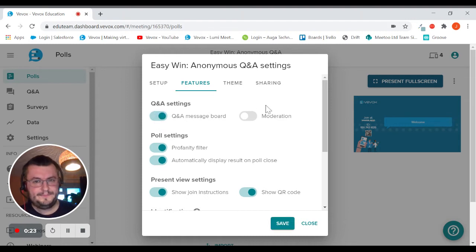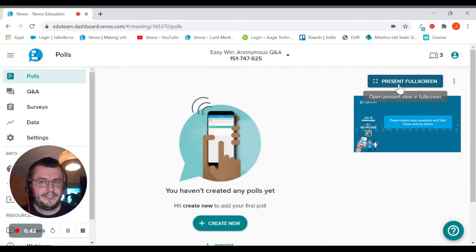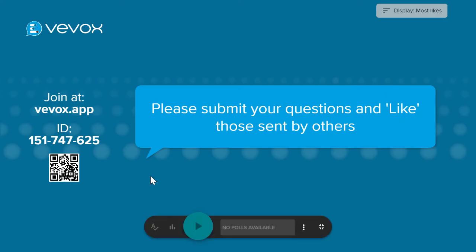Q&A message board on. You've got the option here to switch on moderation. This is great if you're running an asynchronous type session where you're not going to be potentially monitoring the Q&A board in real time, and just allows you to have control over the messages that come in. Once you've got that set up, you go to Save. And if you want to present the Q&A board back to the classroom, you can go to Present in Full